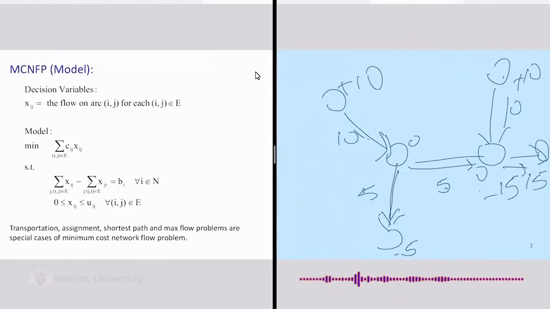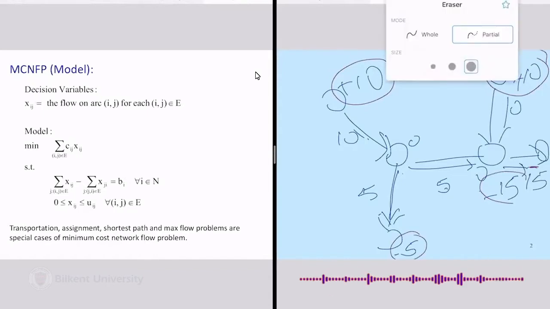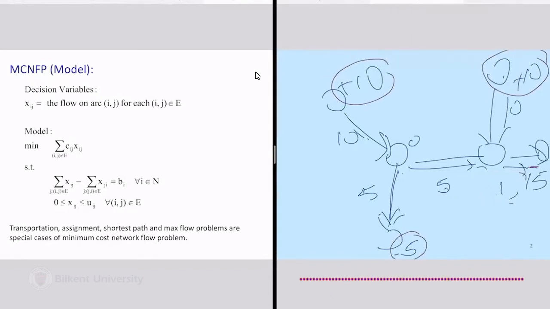Here I have 2 suppliers, +10 and +10. I have 2 demand nodes. This 15 is actually for this guy. 2 demand nodes, -15 and -15. Okay, and everybody else, well, there are 2 other nodes, and their b values are 0. This is a -15, this is a 0, this is a 0. All right? So, for example,